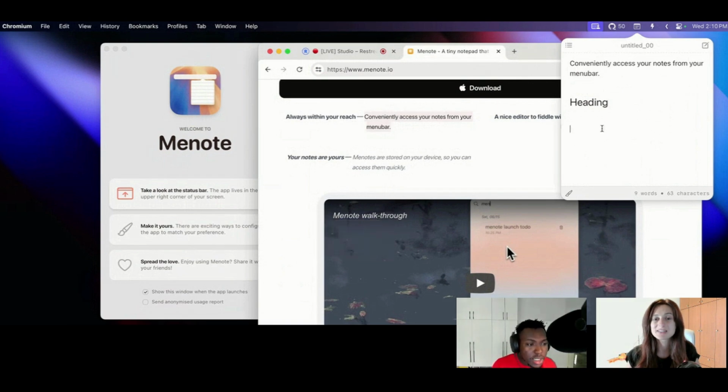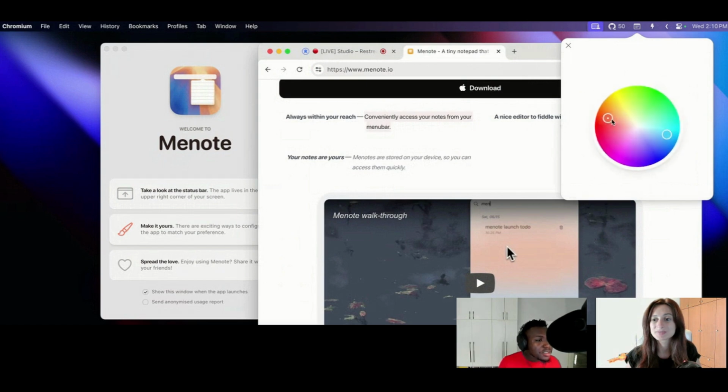As you write Markdown, you have a live preview, so you can say, okay, I want to make something bold, cool, and you can make it bold. Say I want to have a to-do list, right? You can do that, and you can mark it as done. Everything you can do in a normal note-taking app, you can do with Menote.